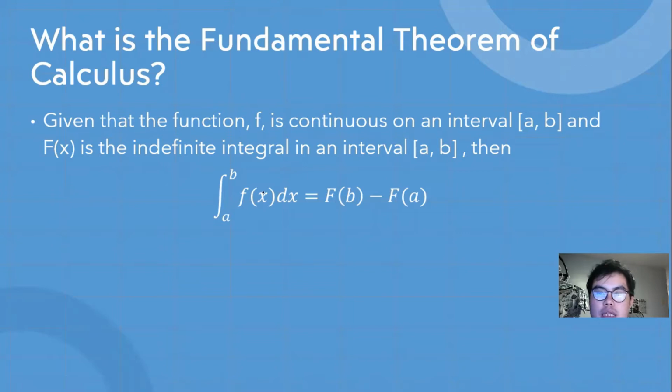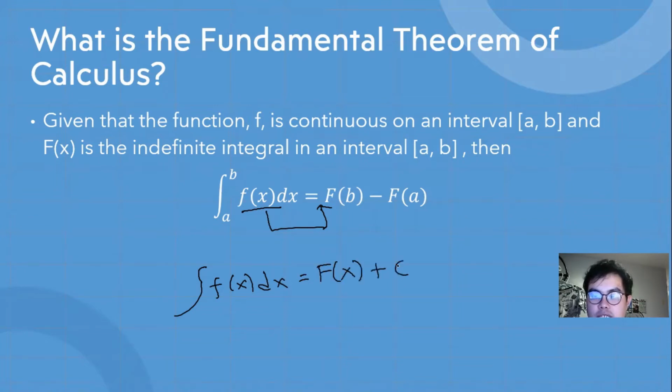So, pag na-integrate mo na po siya, ito po yung integrated form or antiderivative na siya. So, from the definition of the indefinite integral, f of x dx, yung antiderivative niya is capital F